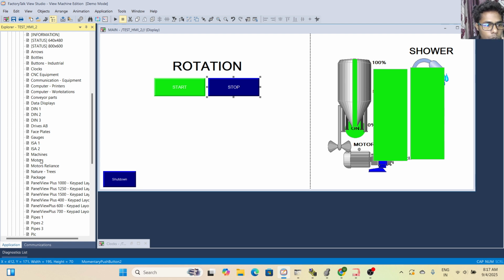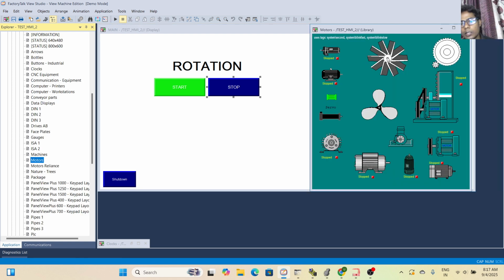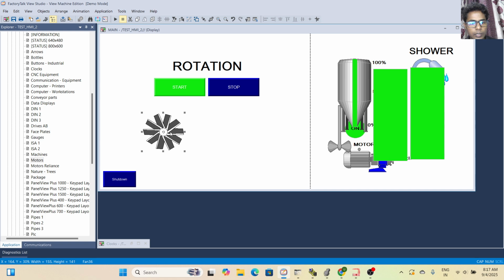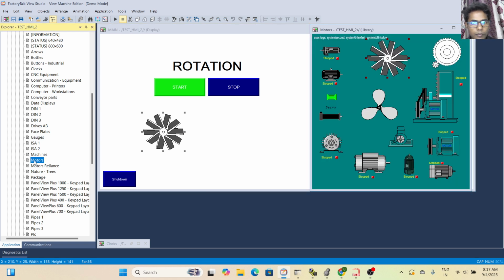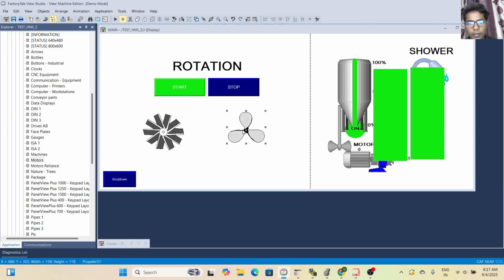There are many objects, like this type of fan and this type of fan. Drag and drop, but I have to apply the rotation animation on both. Understand what I want to say to you?